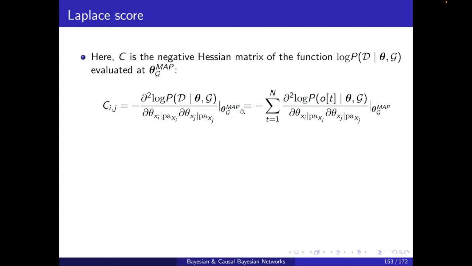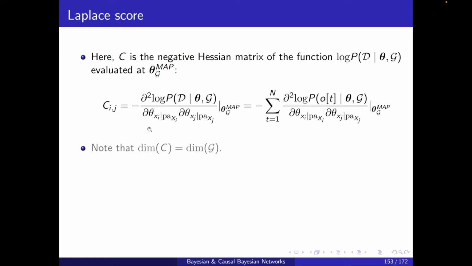the theta of MAP. And because P of D is data, it has n instances, and it can be written under conditions such as IID as the multiplication over P of each instance, and we're taking the log, so it will become the summation. So here you see the summation, and just note that O of t is the observed data. Okay,